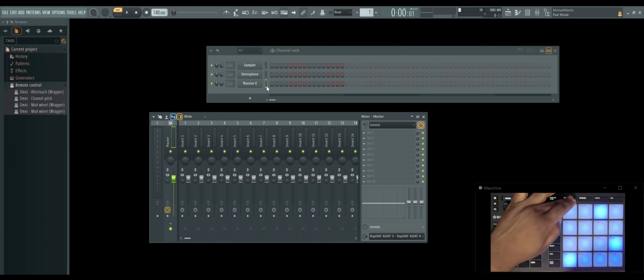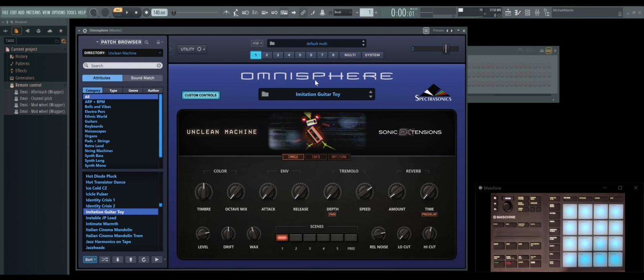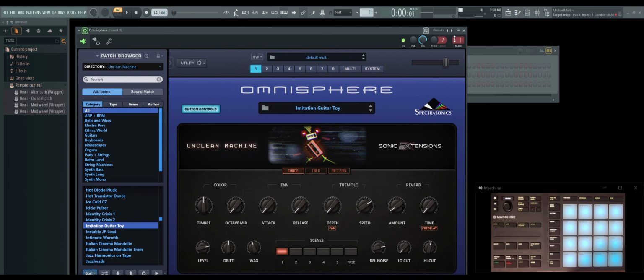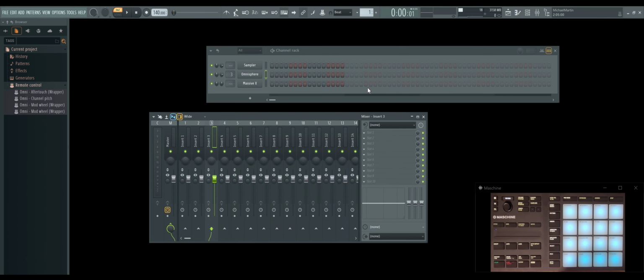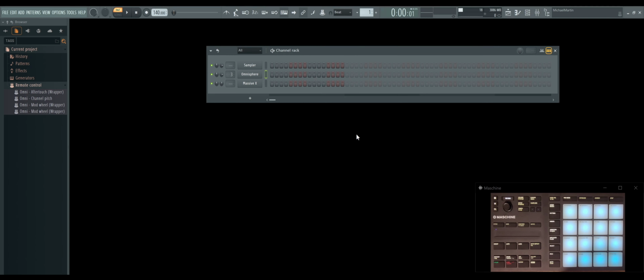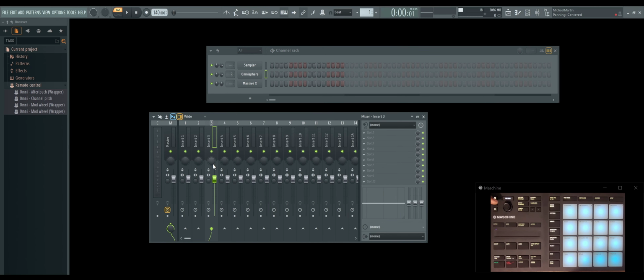So if I, for instance, go and select this instrument and let's pull it up here, and let's say I tell it to go to track 3. All right, and let's say I just switch to a random track in this mixer and close it. Well, if I press this button, it's going to open me up to 3